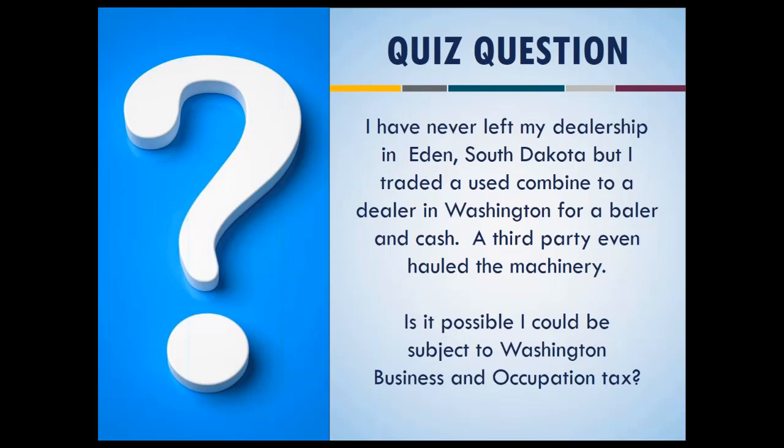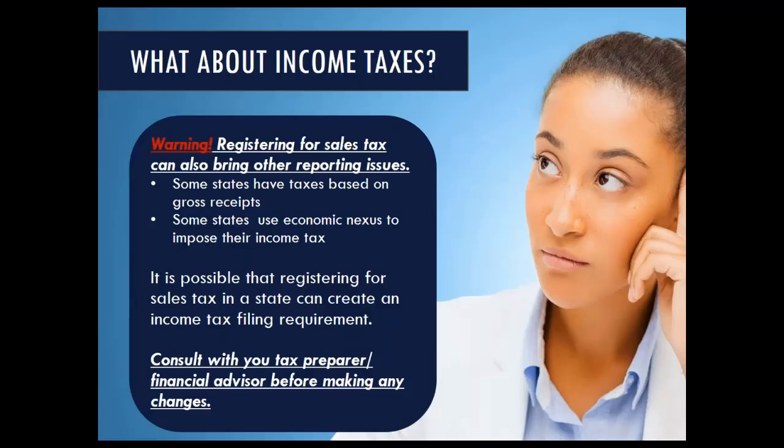Absolutely, depending upon if the value of that combine was over $285,000, or the number of deals that we did was 3 or 4 deals in the year, maybe they added up to $285,000. Absolutely. I am a remote seller, and in Washington, I could be subject to their extra tax there. Income taxes are not something they let me do.